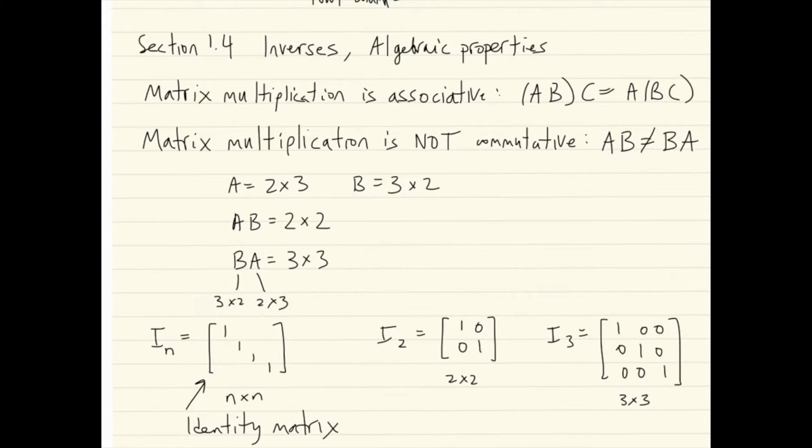And here's actually quite a simple example. If A is a 2 by 3 matrix and B is a 3 by 2 matrix, then the product A times B is going to be, you take the outside numbers, and so A times B is going to be a 2 by 2 matrix. Whereas B times A, so again, B